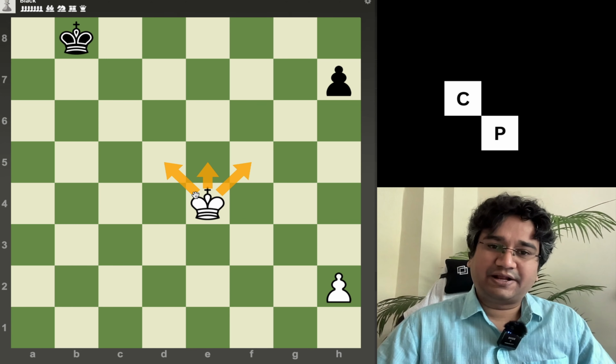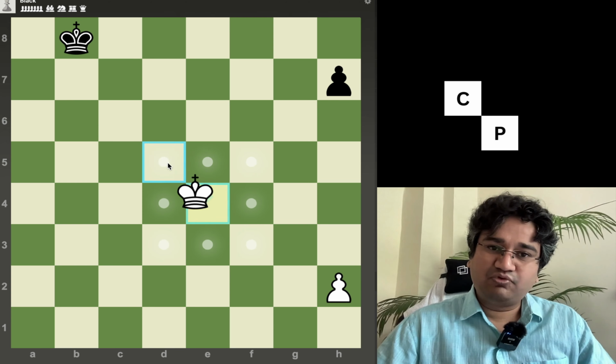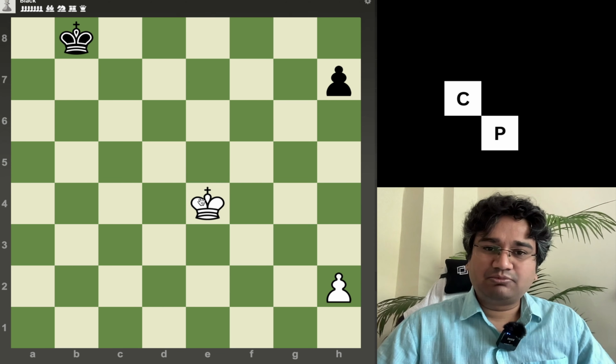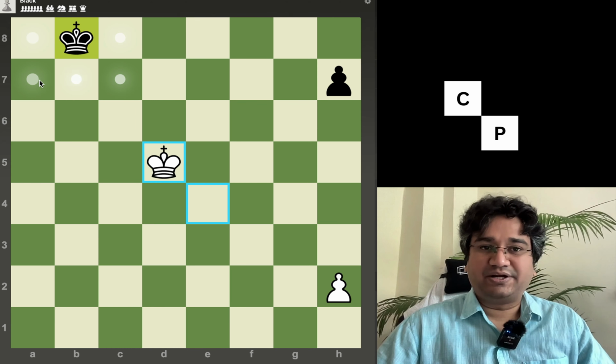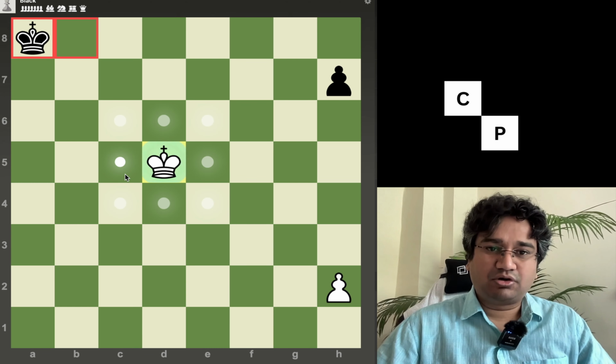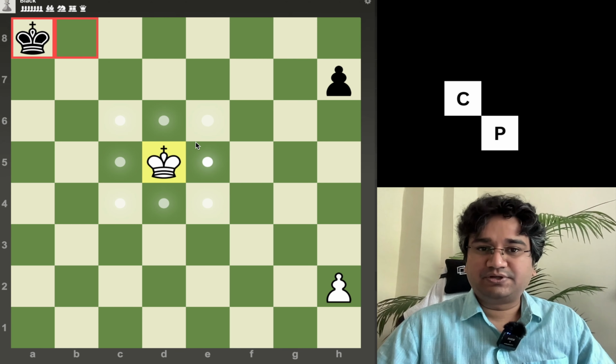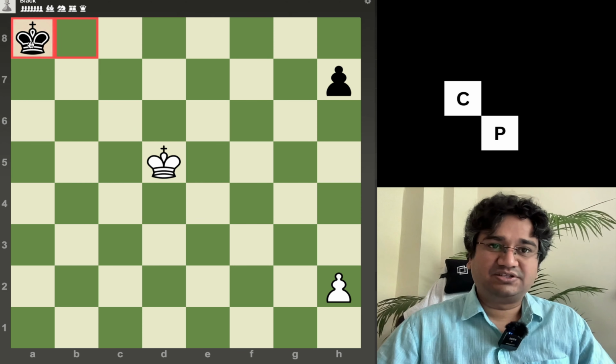It can move in all the directions, all the 8 directions, but only one square at a time. So this king can move here, and similarly it can move at all the highlighted points, 8 points. This king on the other hand can move in only 5 points because it is not at the center. Once we move it to the corner, suppose this king, now this king still has how many points? This king has 8 points, so it can move in all the 8 directions, whereas this king can only